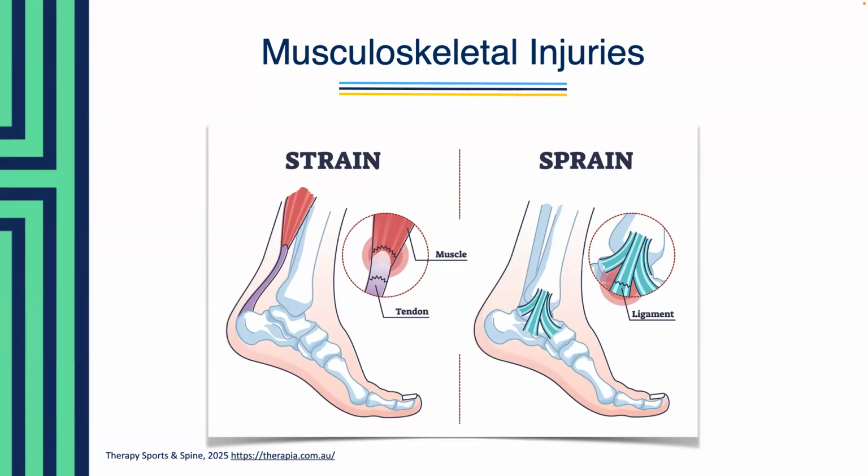Versus a sprain, which involves injury to a ligament supporting a joint. Symptoms include joint pain, muscle pain, swelling, stiffness, and bruising. Now, sprains are graded, so you have grades 1, 2, and 3: mild, moderate, and severe. That is important to understand. In a grade 1, you typically see mild pain, swelling, and slight instability, whereas grade 2 is moderate pain, swelling, and partial tearing of the ligament. And then grade 3 is severe, with severe pain, swelling, gross instability, and or dislocation of the joint due to complete tearing or rupture of the supporting ligaments.